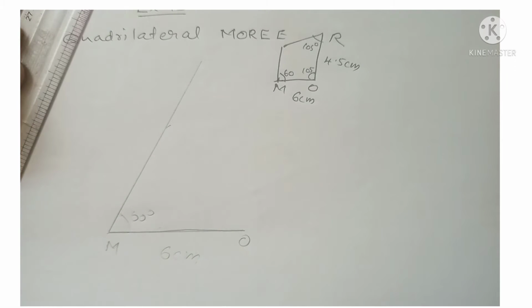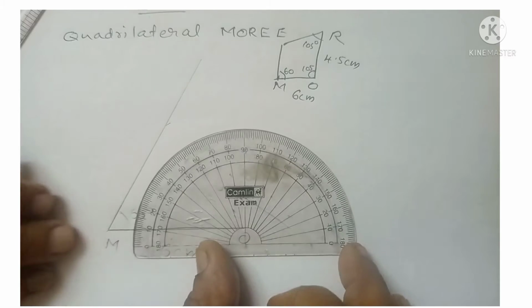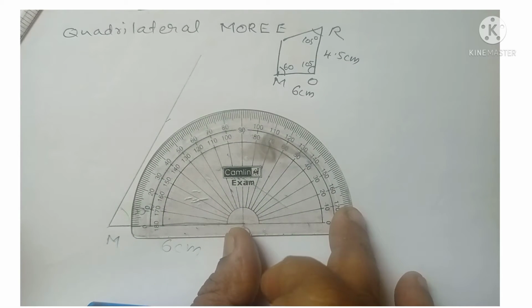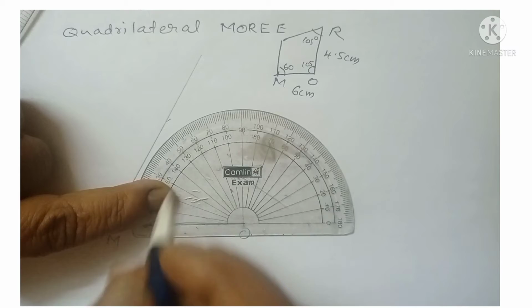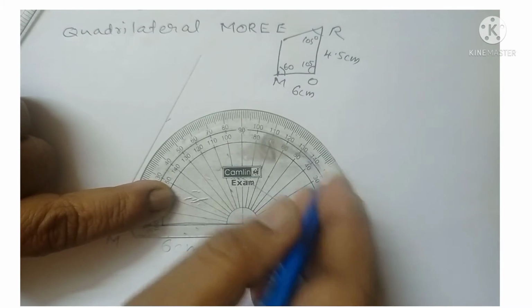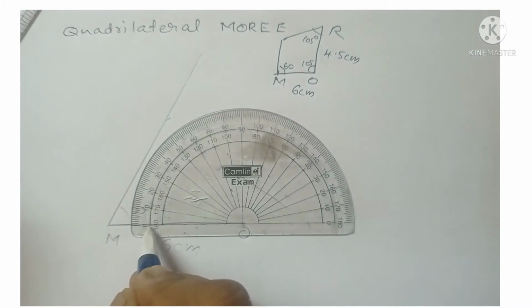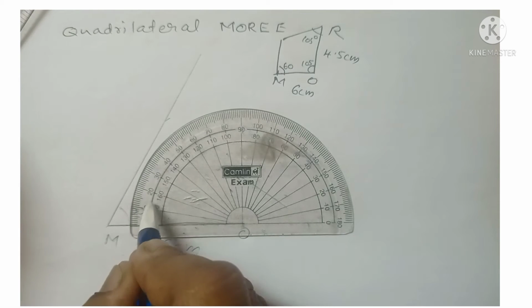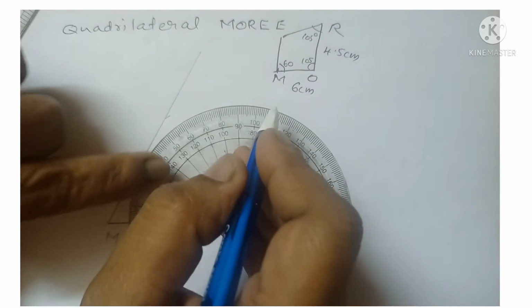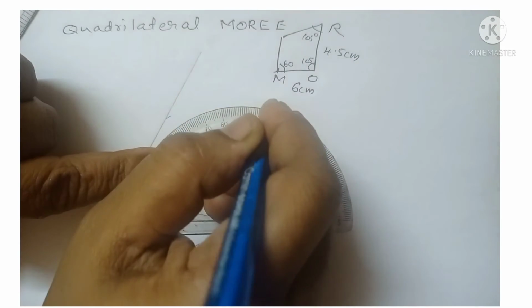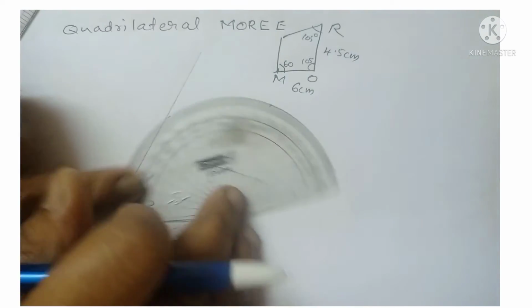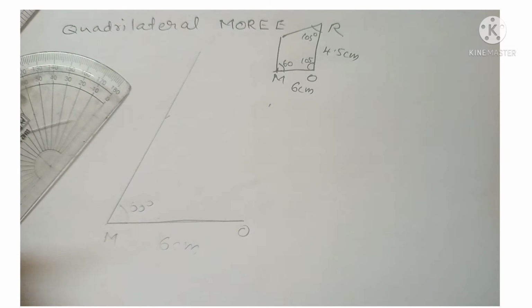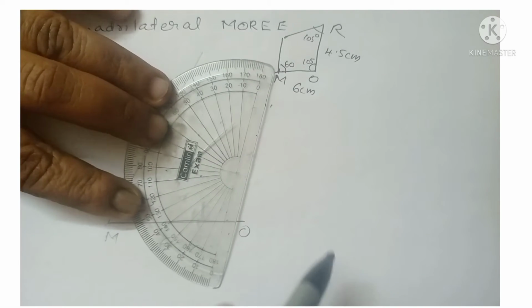Then measure 105 degrees from the point O. So here place the protractor and 105. Where is 105? From this it is 105, not from this. Since the angle measured here it is 0, from this we want to measure 0, 10, etc. Then 105. Here it is 105 degrees. Then through that point also we want to draw a line segment. Then we want to draw the line segment through the point O.